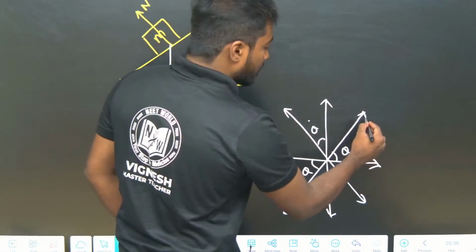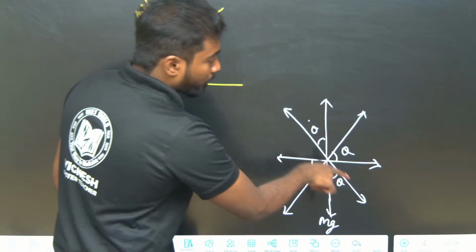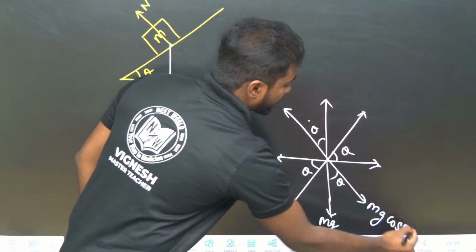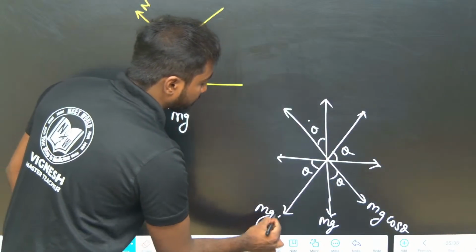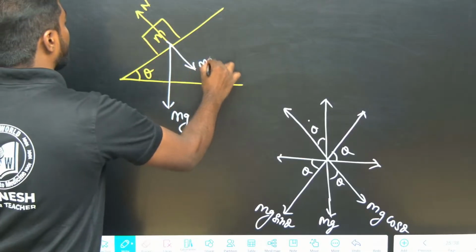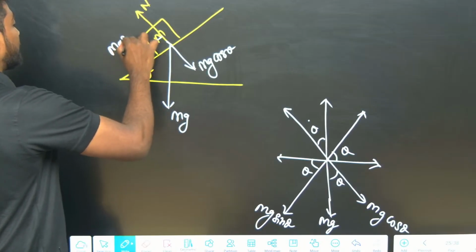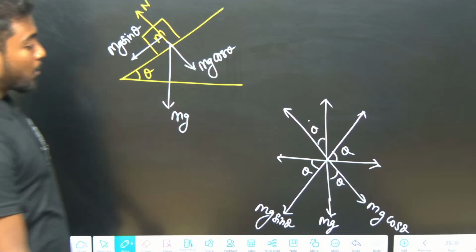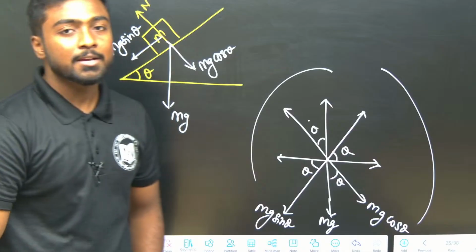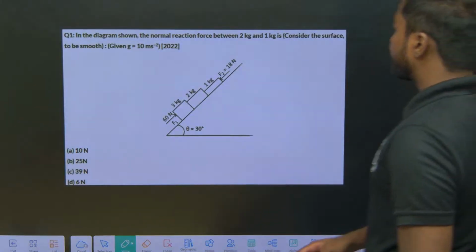Now this is my mg, right? What will be this one? This is my mg cos theta, and this is my mg sin theta. Right. So whenever an angle is given, you can make this diagram and you can find the component, mg cos theta or mg sin theta. So similarly, in this given question,